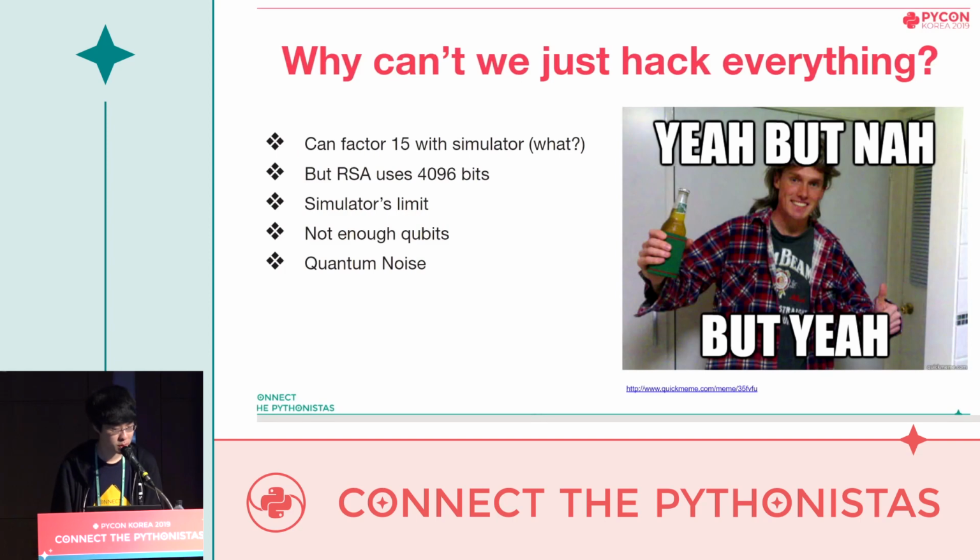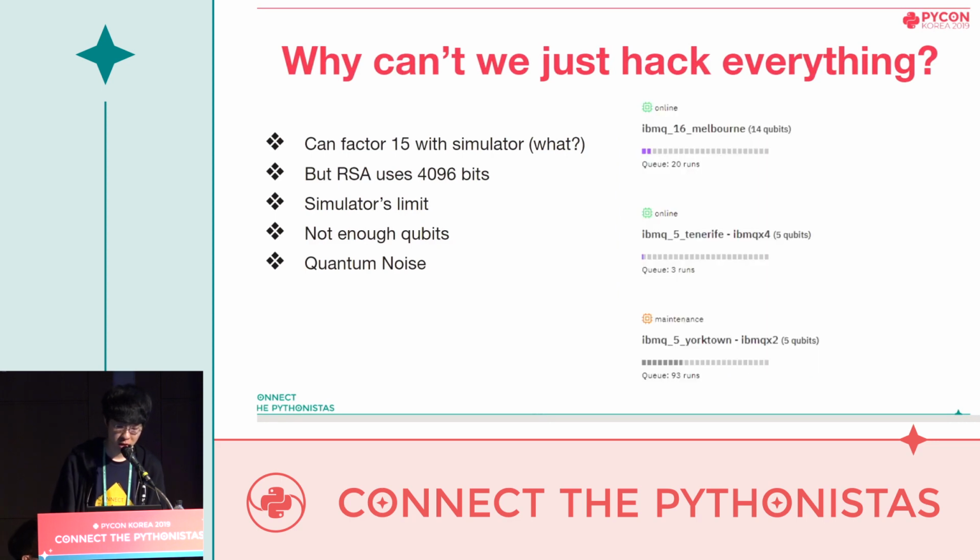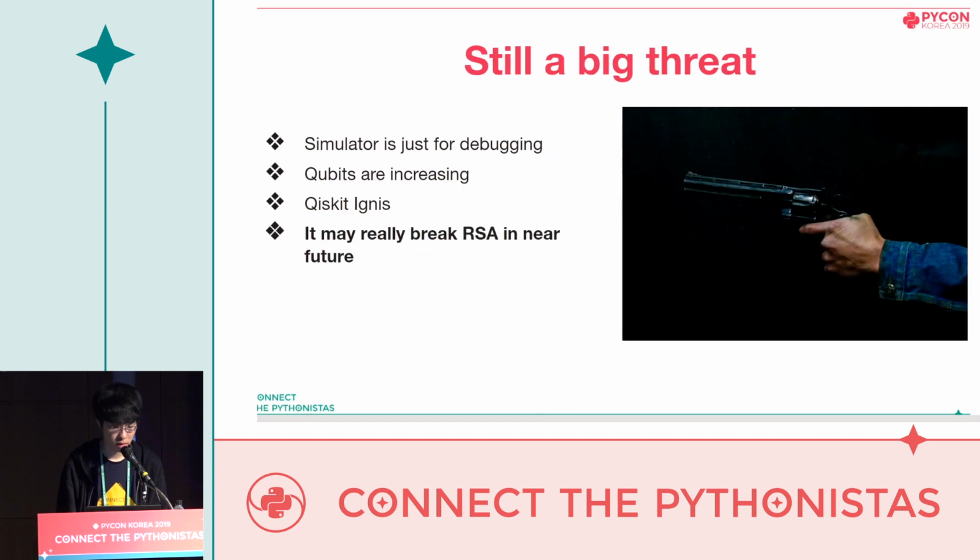Yeah, but no, but yeah, that's simple. We don't have enough qubits and performance. And when we try to use a simulator, we realize that a simulator is not a real quantum computer, which means there's a limit of speed, results, etc. Also, there's a tricky problem called quantum noise. As you can see from its name, the phenomenon makes qubits lose their accuracy. So it's incomplete technology for now.